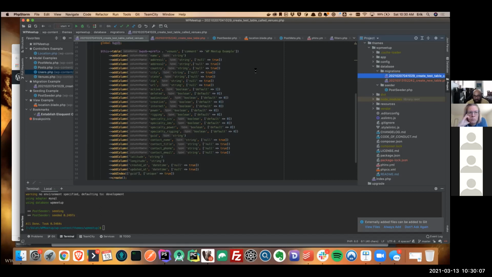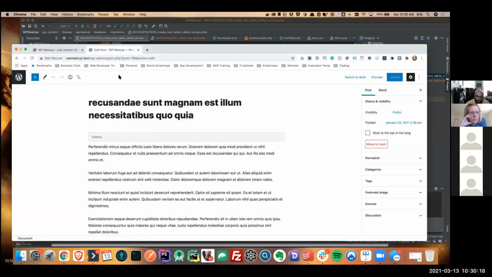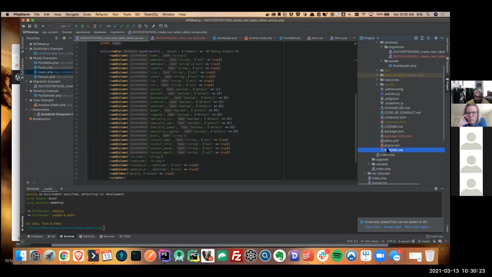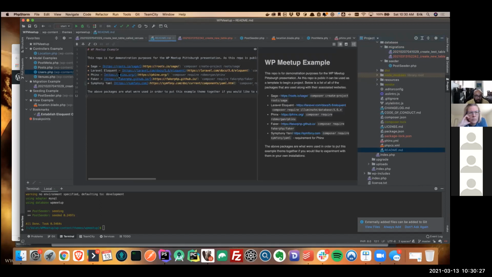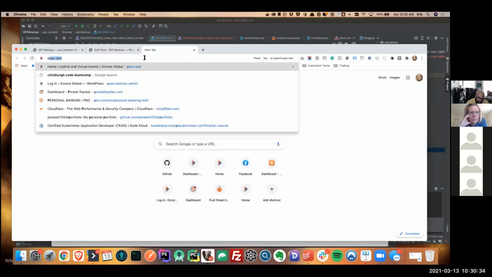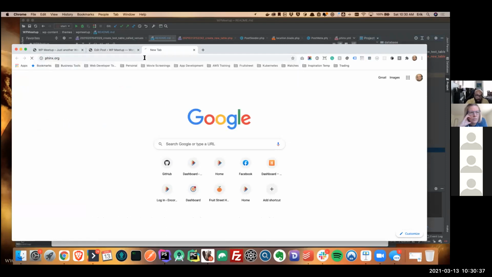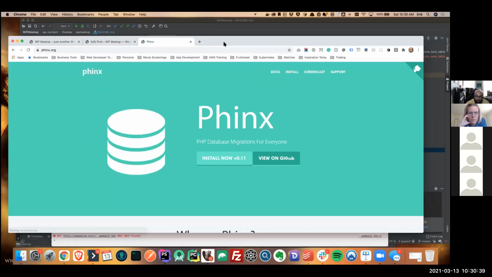Okay. So I just go on Google and download it. You can use Composer to download it. It's on GitHub. I know it is in the WordPress meetup description, but I'll also put it in the README here. If I go to phinx.org, this is their website.